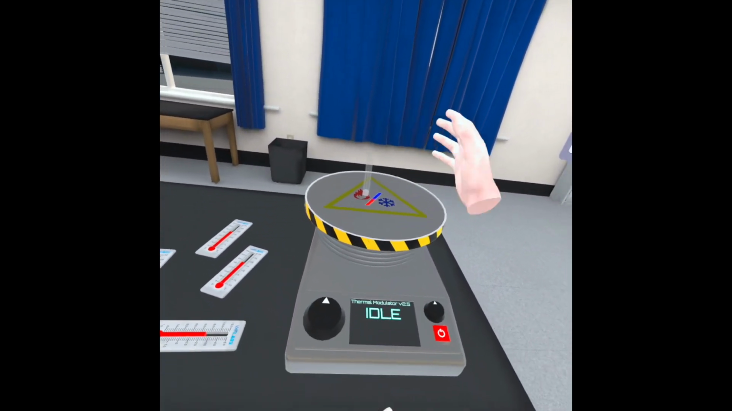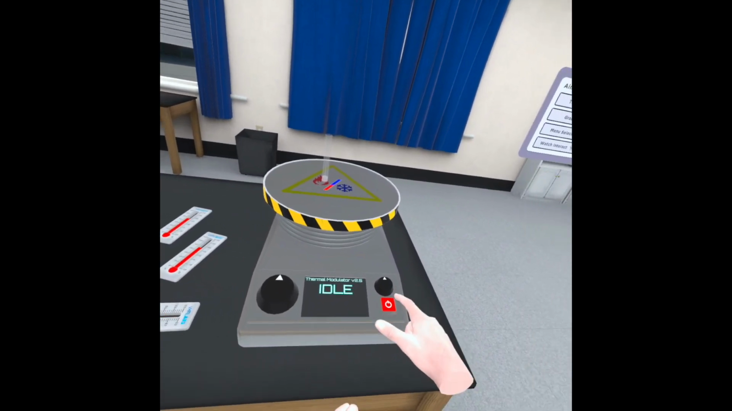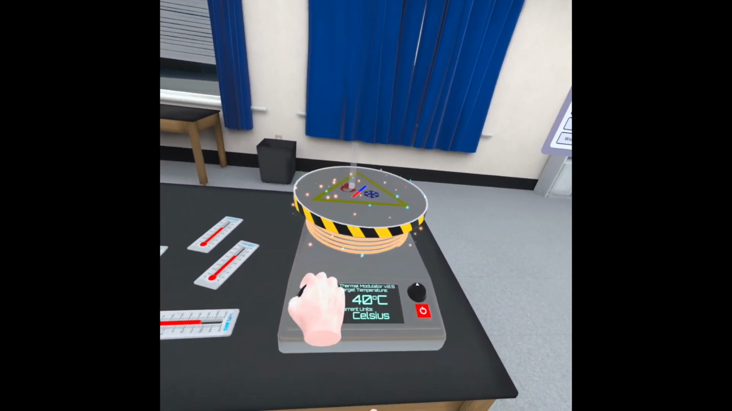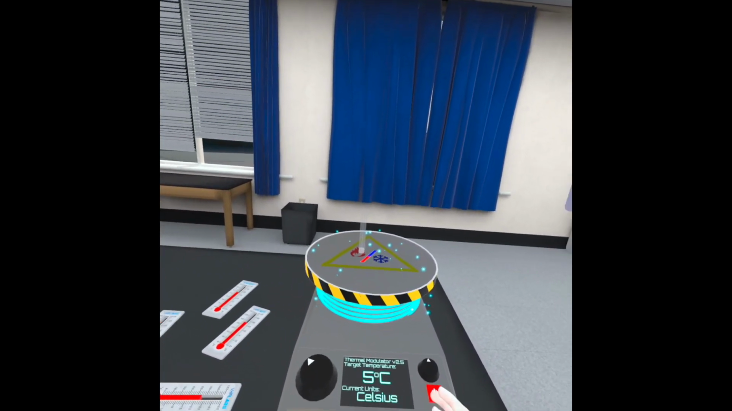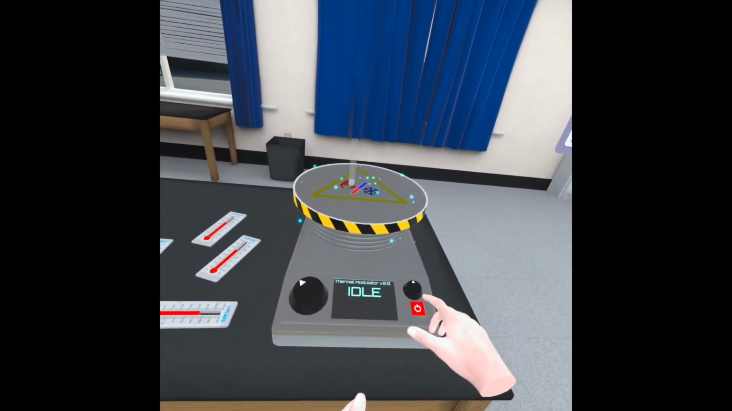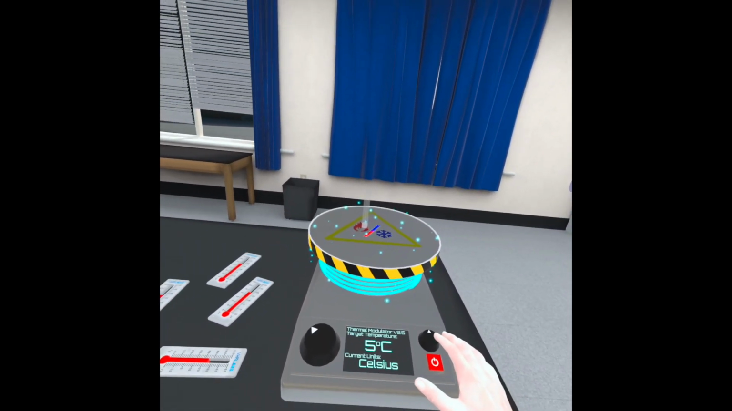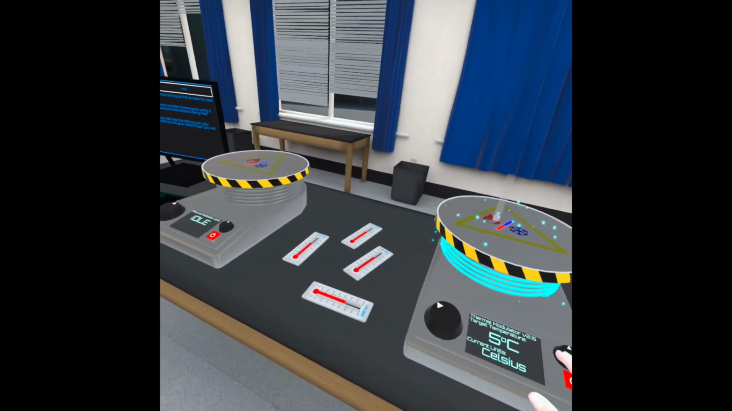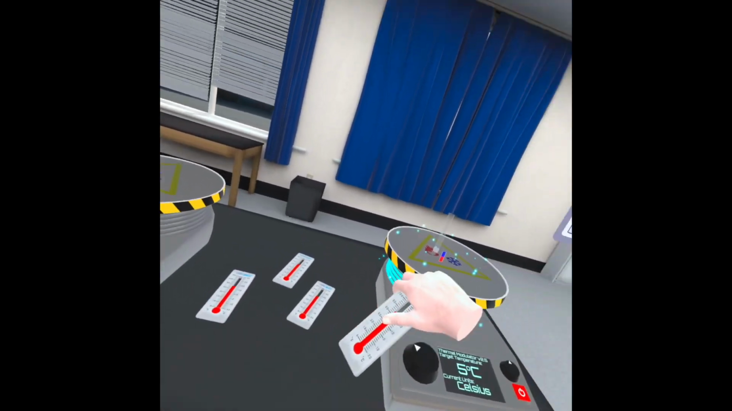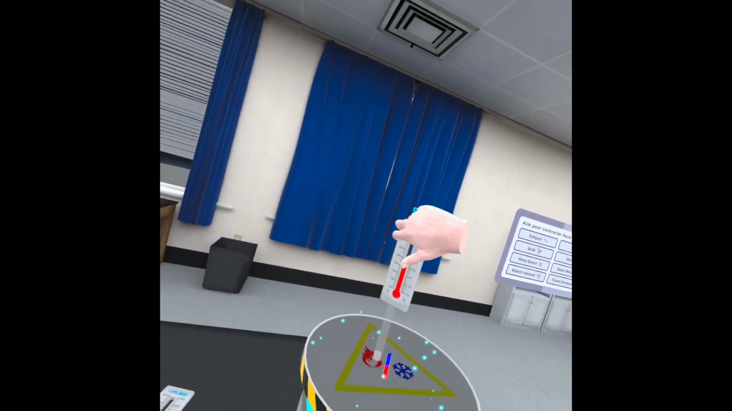So once we've placed it there, we can turn it on using the red button, and with the dial on the left, we can adjust the temperature as needed. Once the temperature has been adjusted, we can check that our test tube is at that temperature using the thermometers next to it. So if we pick up one of the thermometers to the left and we hold it over